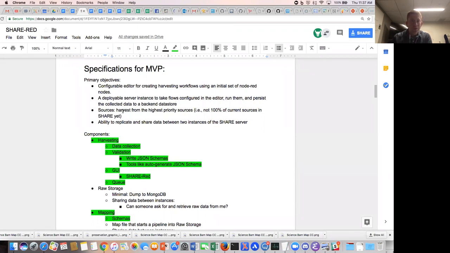Sources: we're assuming the MVP is harvested from the highest priority sources, not necessarily 100% of the current sources in SHARE yet. As we add them, we add them in order of the ones that are highest priority. And the ability to replicate and share data between 2 instances of the SHARE server.